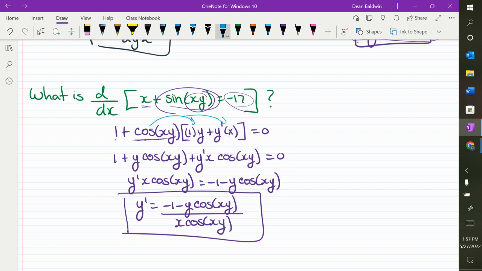Okay, hey, just my question. We probably covered this before, but how come when we derive x, it just goes to 1, and how come when we derive y, it goes to y? Because I'm deriving with respect to x. Oh, okay. If these two match, it's just like regular derivative rules. If they don't match, it's implicit. So you actually have to say the derivative of y, we don't know what it is, so we just write y prime. If it was d over dy, then the y's would be derived. So the derivative of y would be 1, and the derivative of x would be dx/dy, or x prime. Okay? Are we good? Yeah, that actually made a lot of sense.